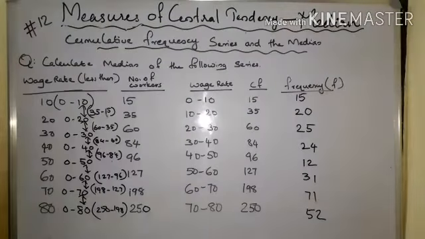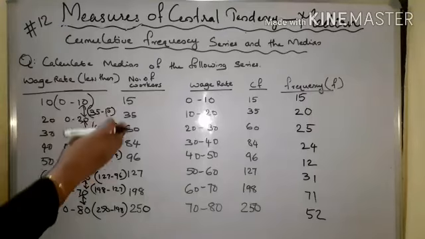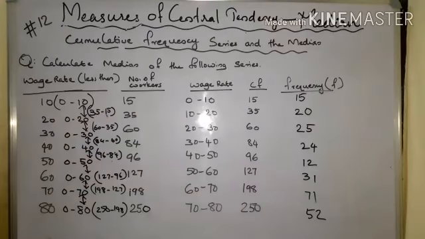So in this type of question, the less than or more than value that is given in the question is not the actual frequency. That value represents the cumulative frequency. So first of all, you convert these less than values into proper class intervals, and this cumulative frequency you convert into normal frequency, a simple frequency distribution. So in this way we calculate.